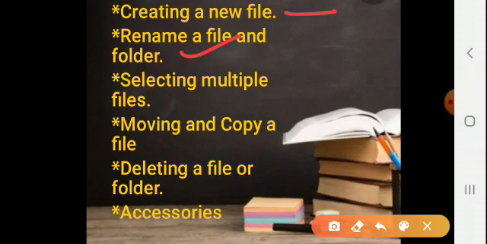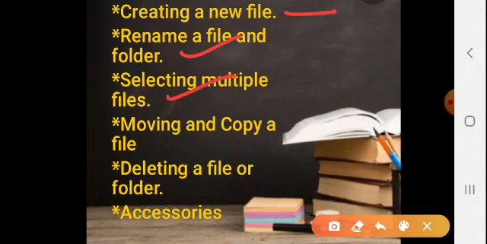Then the second way is non-adjacent, means whenever we want to pick one file from anywhere, and a second file from another place, a third from the next place, and a fourth from another. So this is non-adjacent. So to select non-adjacent files, what do we have to do first of all? Select the folder or file, hold the control key and click on each of the items required to be selected. Okay, in this way you can select your files. Both the ways are taught to you. So this topic is also done.